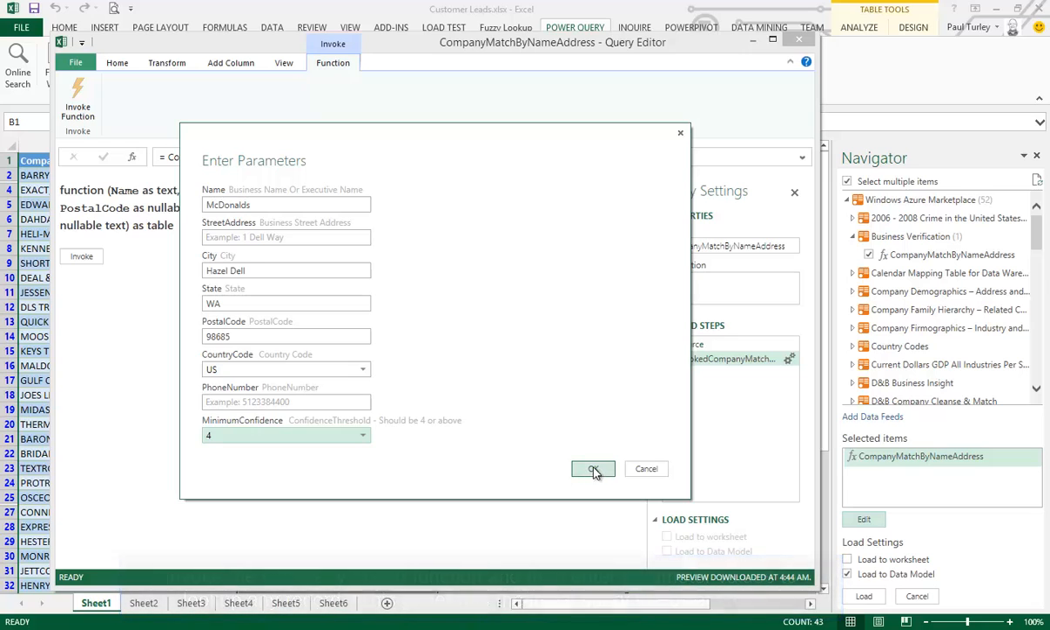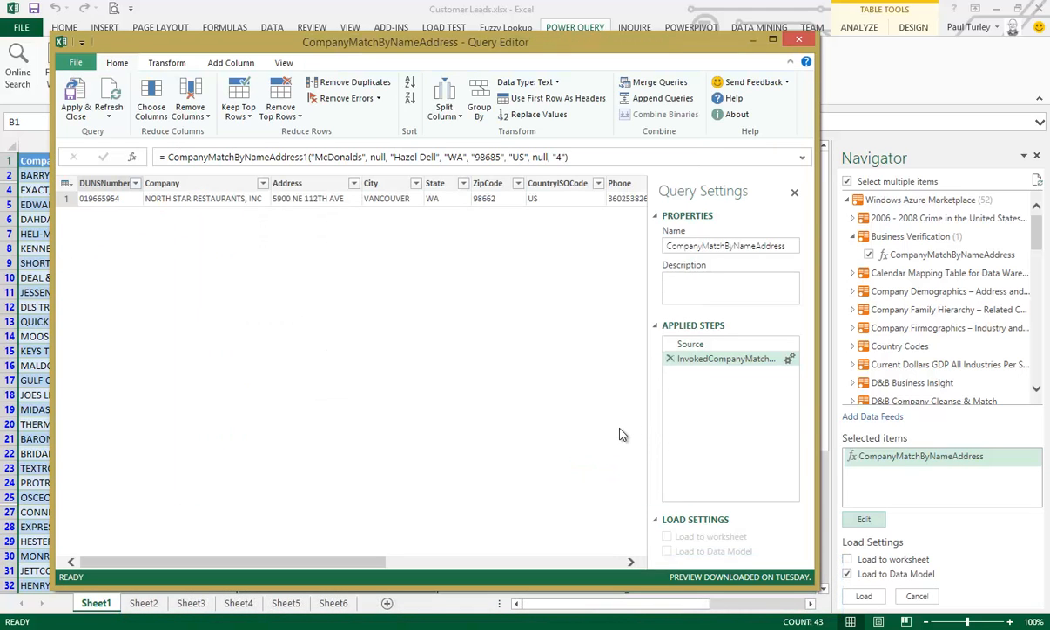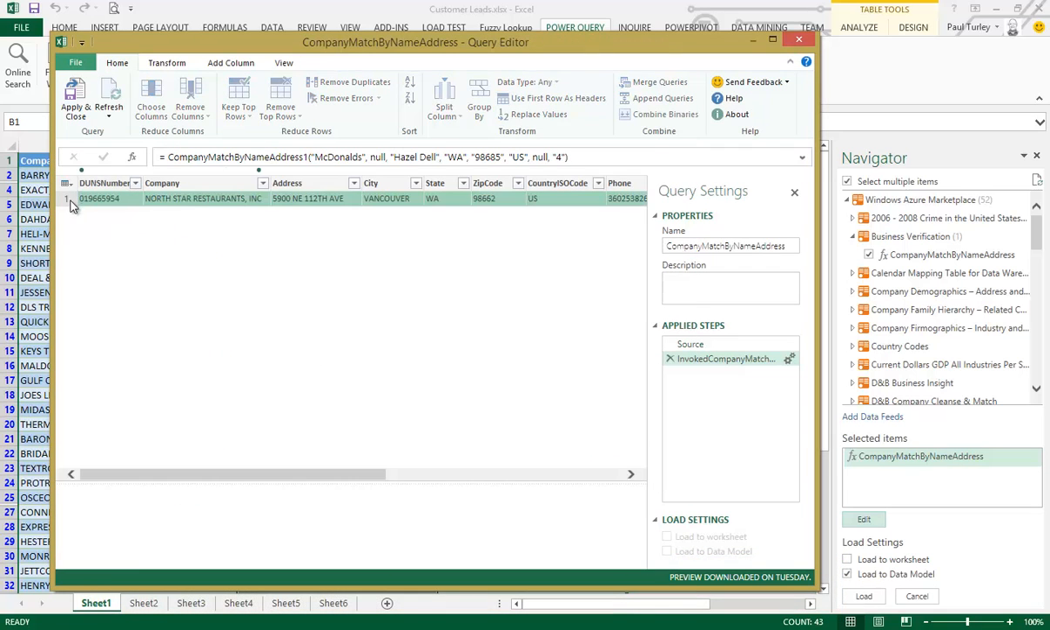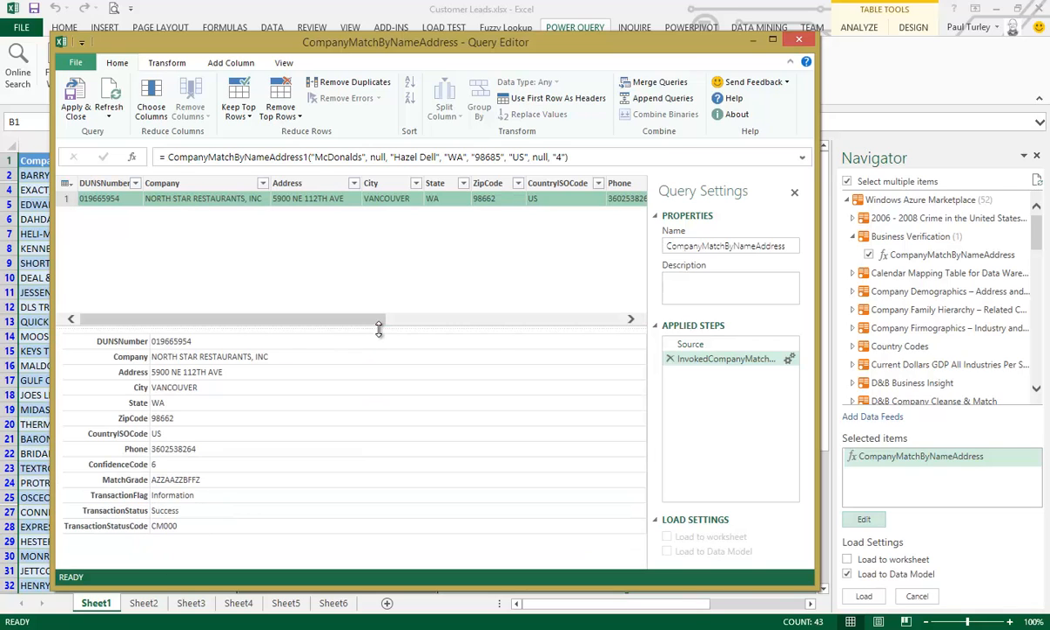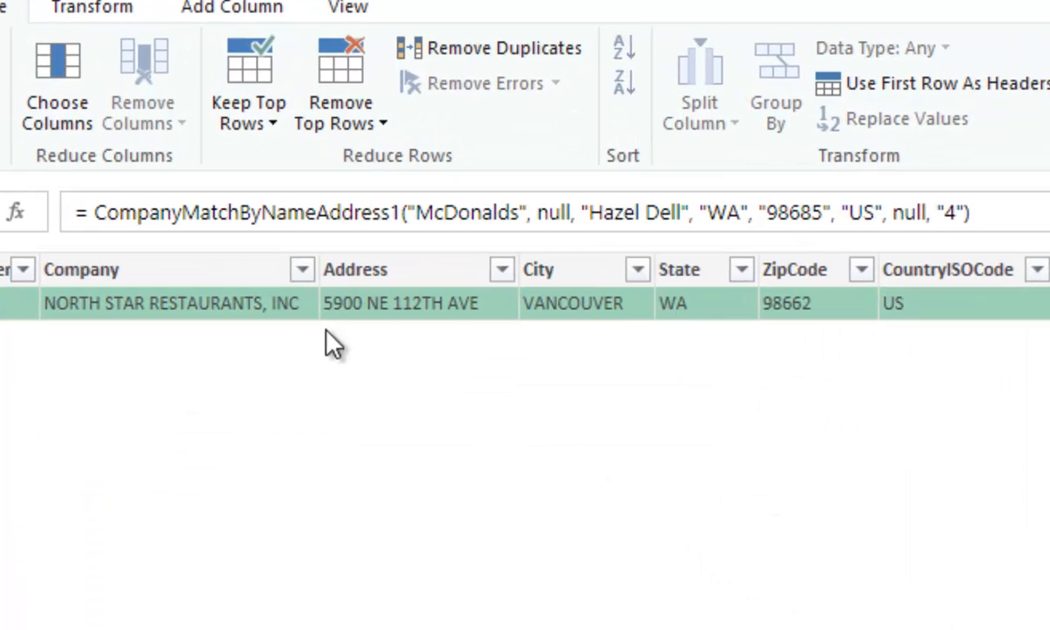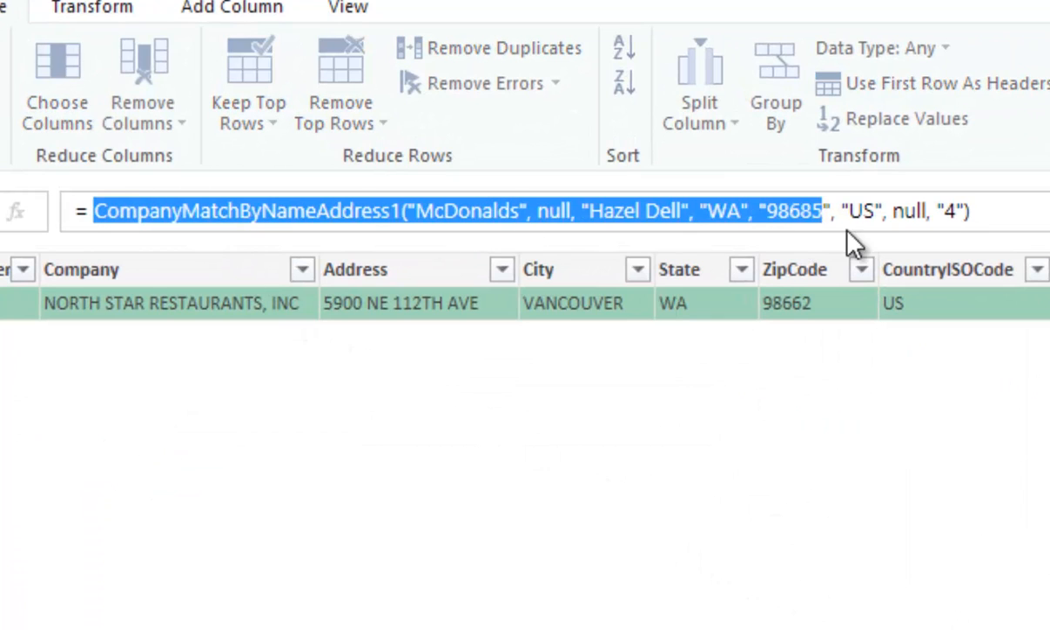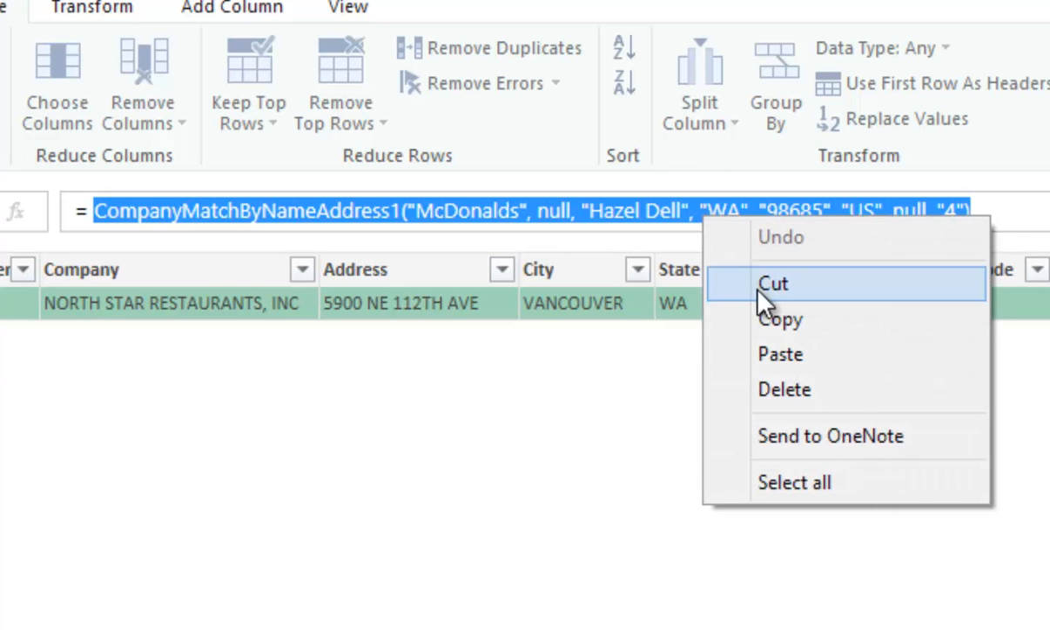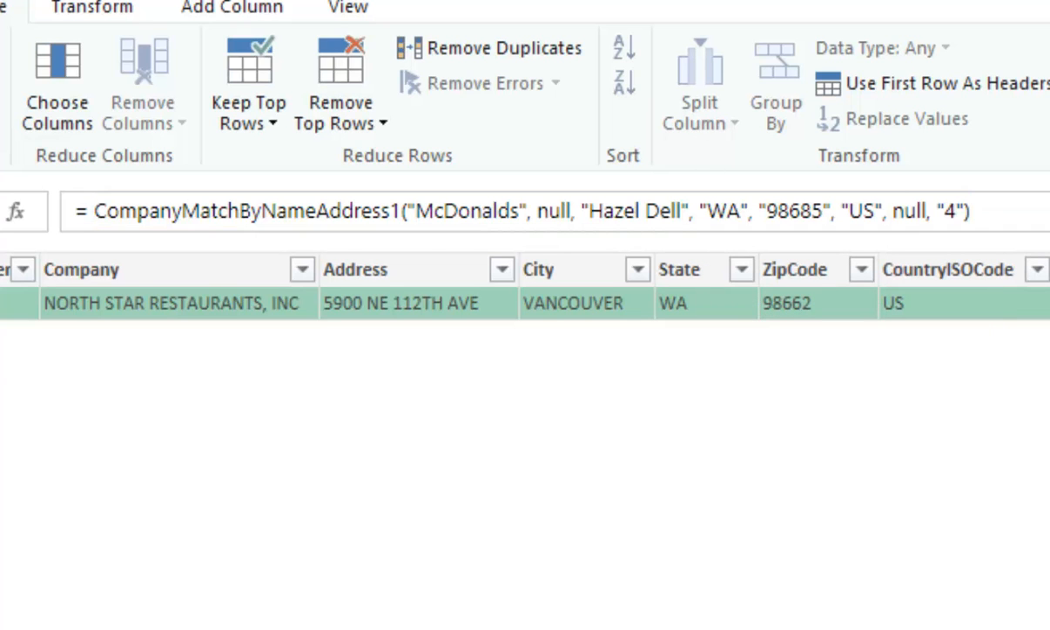So I need to indicate a minimum confidence of 4, and then I click the OK button, and there you can see that it did find a McDonald's restaurant, and there you see the franchise owner. So this is actual data. That's the actual franchise owner of that McDonald's. So you can see that the cleanse and match function did its job. It looked up a company. I'm going to copy this script out of the formula bar to the clipboard,